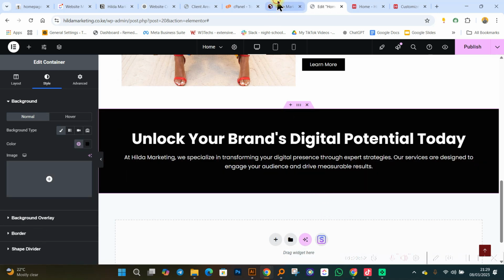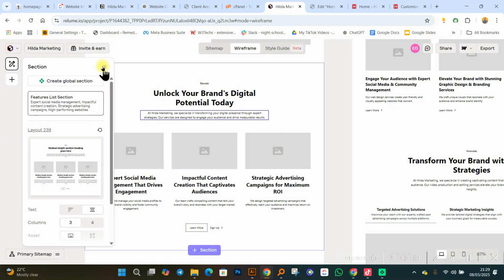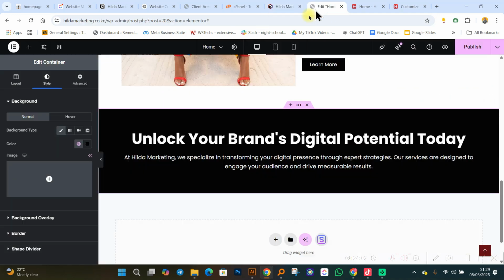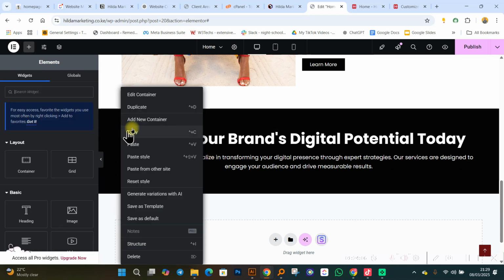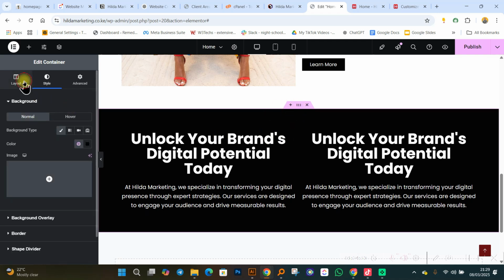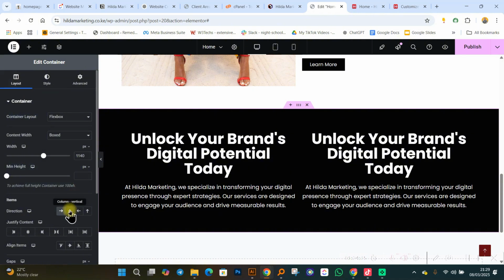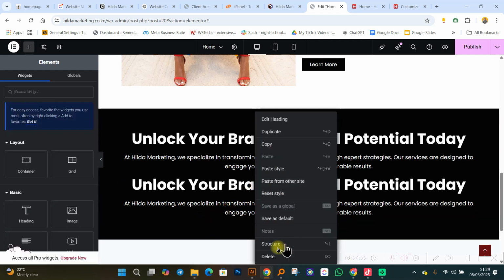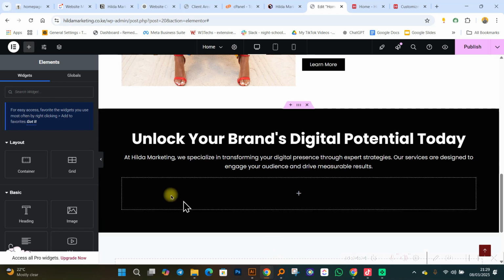Okay? And if I come back again, there are these images now. Like if you look at these particular images, there is an image, there is a heading, and there is some text. Now, in Elementor, what you have is, you can come and select this, duplicate it. Let me duplicate this. But before then, I'll select this and change the layout. Click on layout such that things are going to be moving vertically, not horizontally. We'll have something like that. Okay?